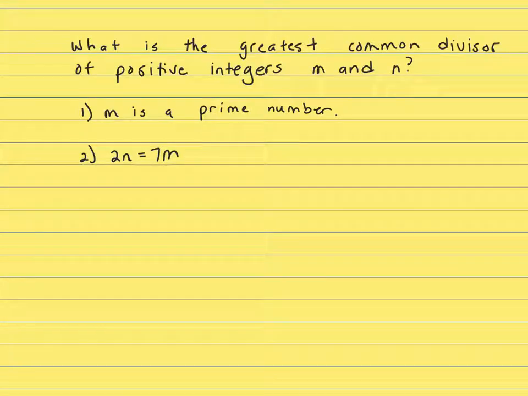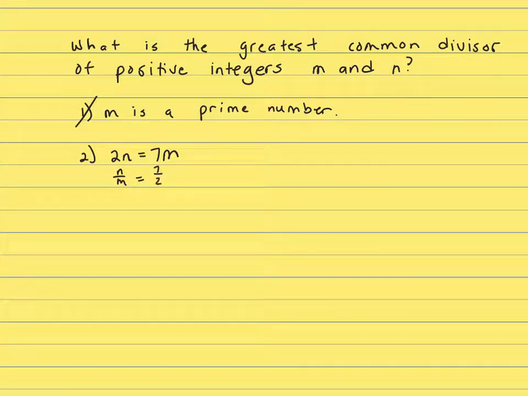What is the greatest common divisor of positive integers m and n? Clue 1 doesn't work independently because it only gives me information about m. Clue 2, 2n equals 7m. Well, let's see, that's n over m equals 7 over